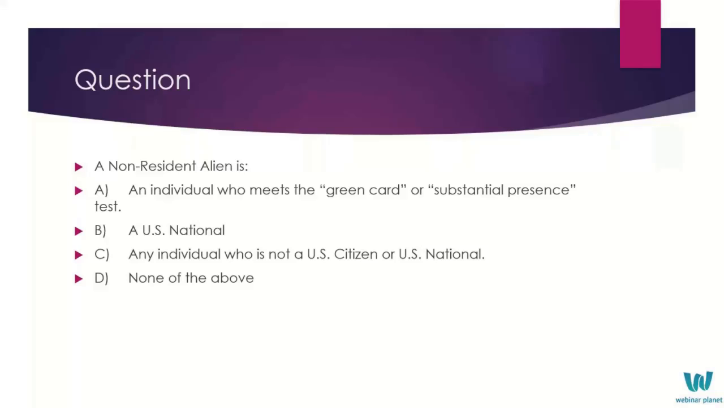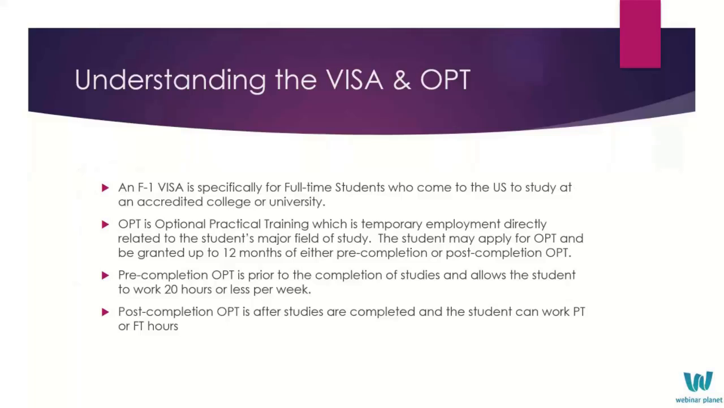So a non-resident alien is an individual who is not a US citizen or a US national. The F1 visa is specifically for full-time students who come to the US and are going to study at an accredited college or university. So they've chosen to go abroad and come here to study. They retain an F1 visa, and that allows them the specific time frame to be able to come here